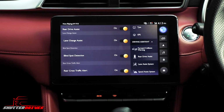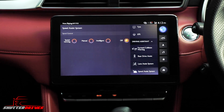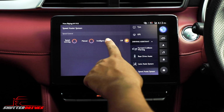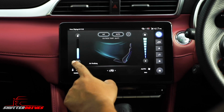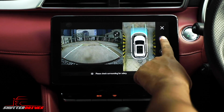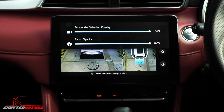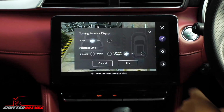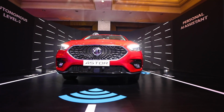What's interesting is there's an option to adjust the sensitivity of these features, which is not found in every car. There are quite a few cars that are enabled with this niche functionality, including the Astor. Although the reverse camera enables you to see things around you, the clarity of the camera could have been slightly better. In a nutshell, I think the MG Astor is going to appeal to a lot of buyers,